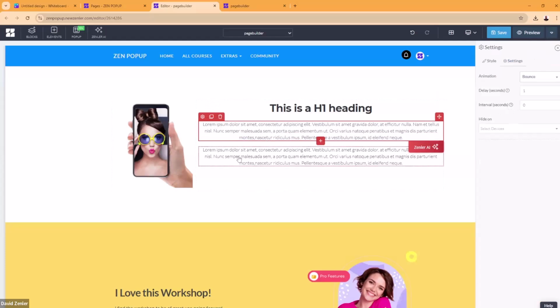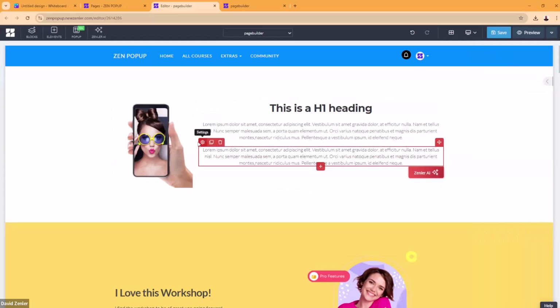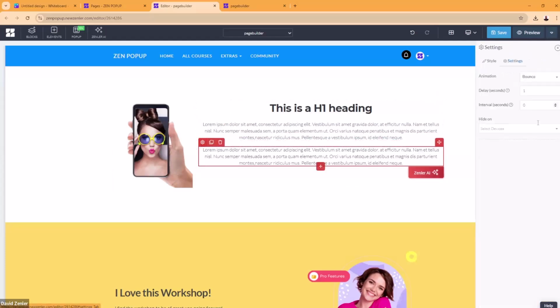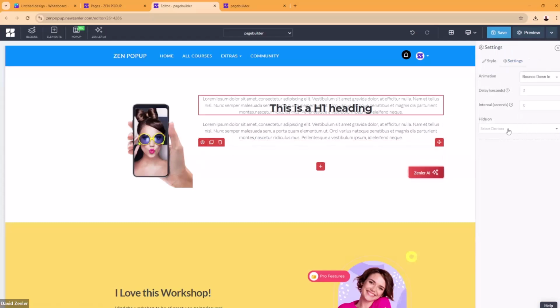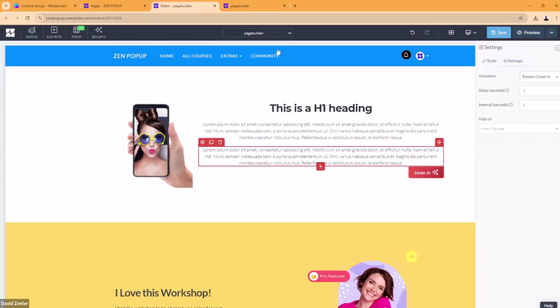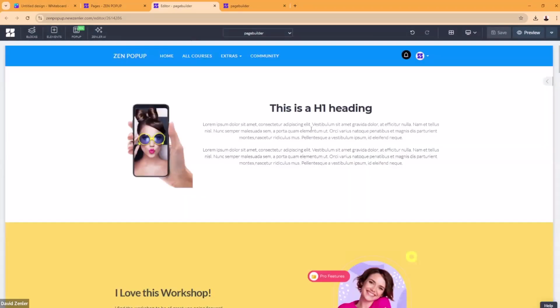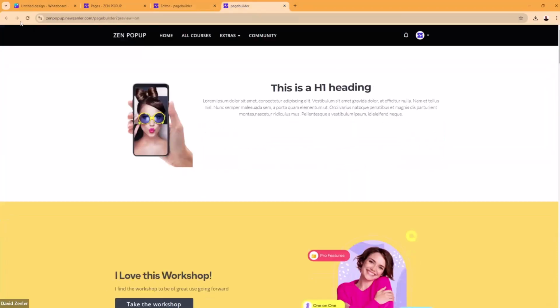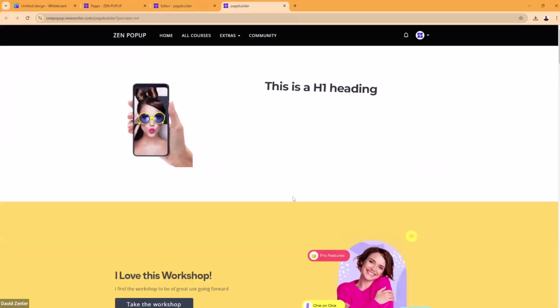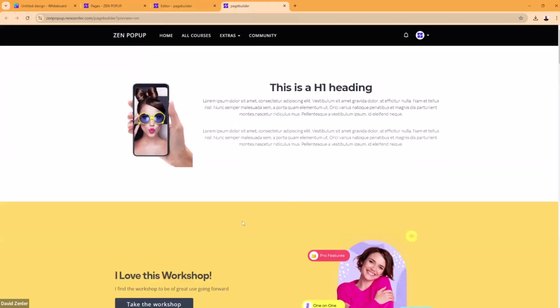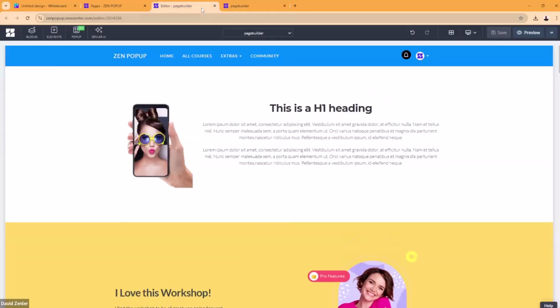I'm now going to put this one on a 2-second interval. So inside here, if we go to a 2-second interval, I'm going to do a different type of one there. So now I'm going to click save. I'm going to look at it. So what should happen is this one will come up straight away, this one will come up after 1 second, and this one will come up after 2 seconds. So if we hit refresh now, 1 and 2 and then 3, bang, we've added a whole sequence in there just with a simple animation inside Zenler. I think that's pretty cool.